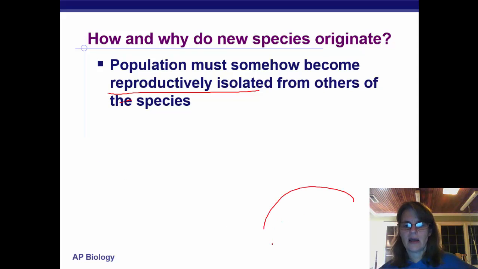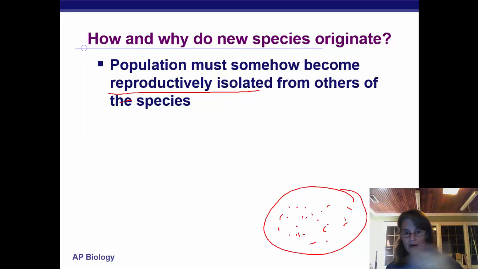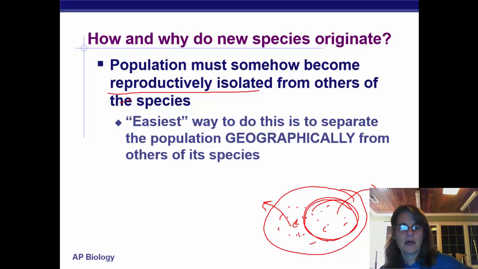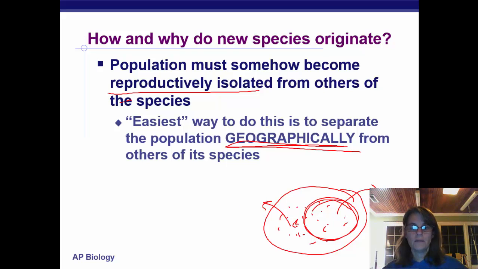So let's say we've got a population of bunnies here. All these little specks will be bunnies, okay? And they're all passing their genes back and forth. They're interbreeding, they're having offspring, and they're free to interbreed with each other. So what is it that happens that makes some portion of this population all of a sudden unable to breed back with the rest of it, and then this portion can go on a separate evolutionary track, not sharing genes with the rest of the population? The easiest way to imagine that happening is to geographically isolate one part of the population